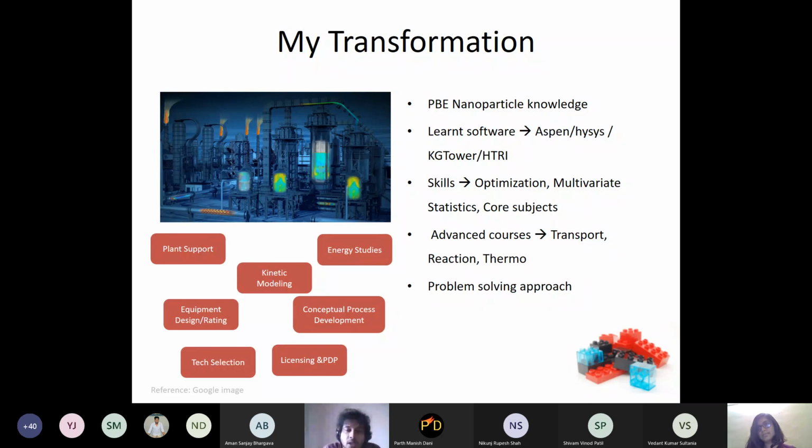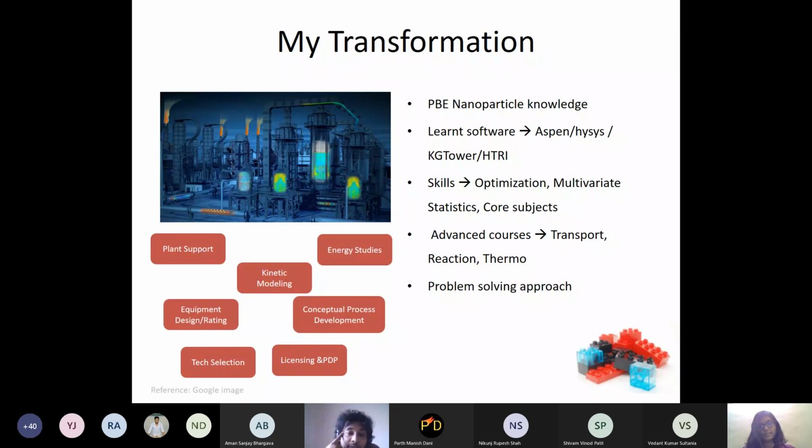Okay, cool. When I joined SABIC, I worked in nanoparticle modeling in MATLAB, using a population balance algorithm, and then I got into the world of Aspen HYSYS, mimicking plant performance in a simulation, rating exchangers and distillation columns, and seeing it in real time. I learned new skill sets, and I also applied the existing skill sets I had, like multivariate statistics.